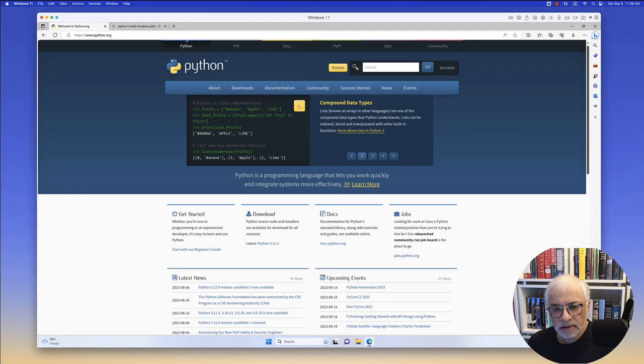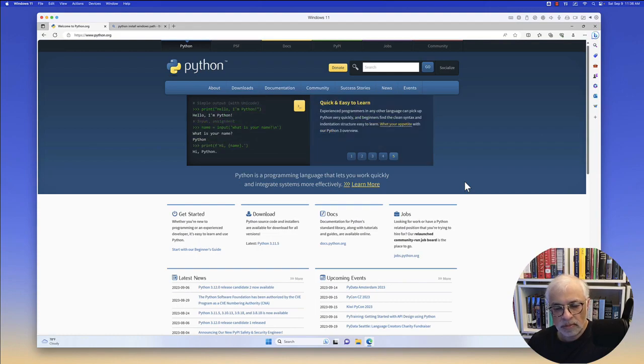Alright, now let's look at Windows. I'm running Windows in emulation mode inside a Macintosh. There might be some differences with your environment, but the idea will be the same. Alright, so what you want to do to install Python, natively Windows does not come with Python installed, so you'll have to install Python. There are a variety of ways in which you can do that, but we highly recommend